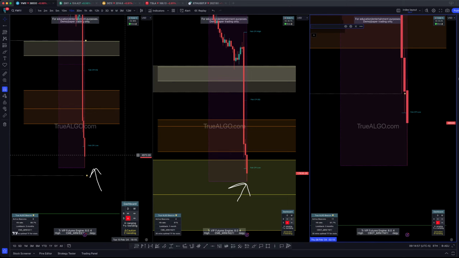And then for the ES, SPY, SPX folks, you guys have pretty much the same area of interest above us where we're looking to clear the scalp target and True Algo beacon. The scalp target on the ES has a 90% chance to be hit during this New York session. So what better time to hit it than when the lovely CPI news is about to drop. So we'll be looking for that. And then US 30 folks, you've already cleared our scalp target and our beacon. So you don't have the same targets to get hit that the other two are looking to get smacked into.